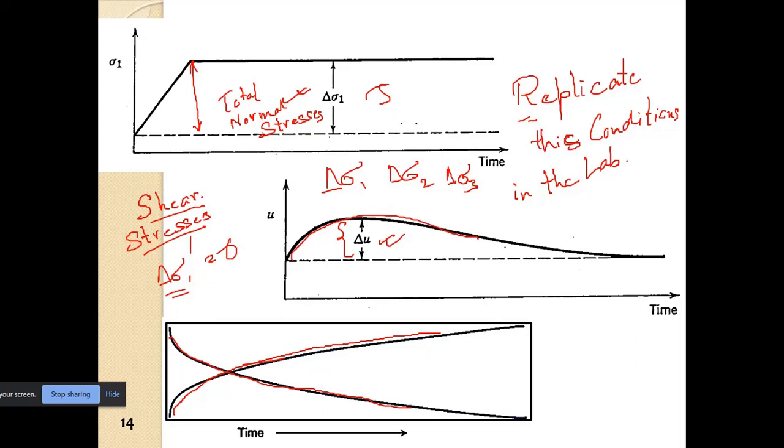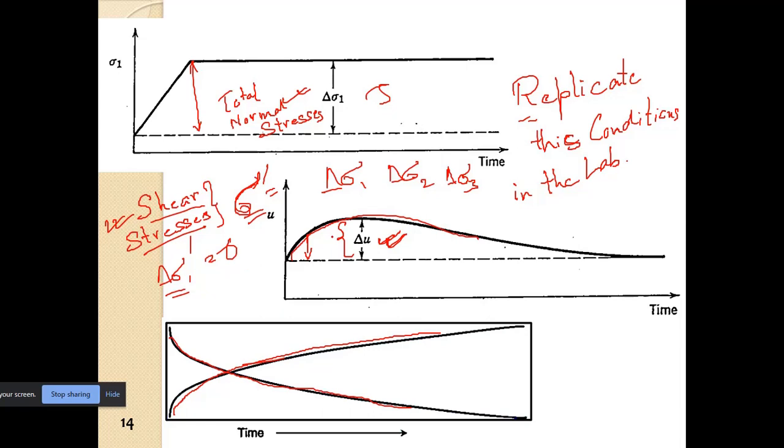The initial effective stress, that is the sigma dash, will remain constant. The effective stress which was initially in the soil remains constant, but there is an increase in the pore water pressure, and there is an increase in the shear stresses. Now, can these shear stresses cause a failure in the soil, a shear failure within the soil,